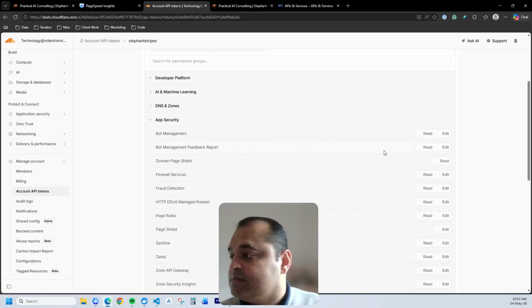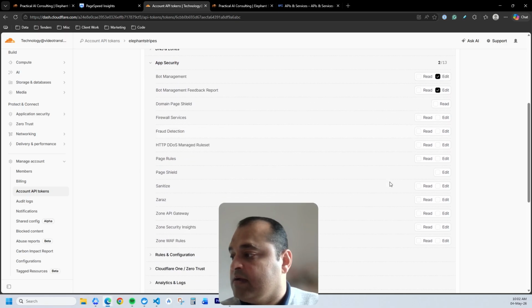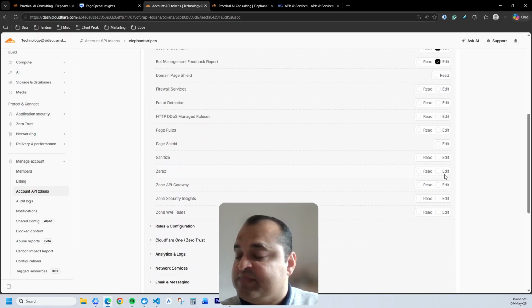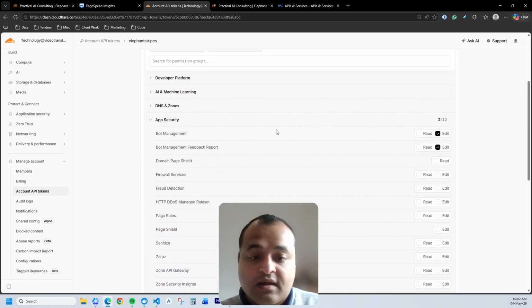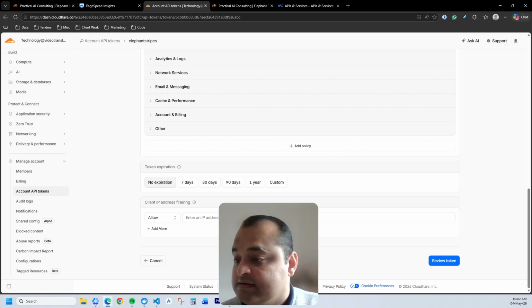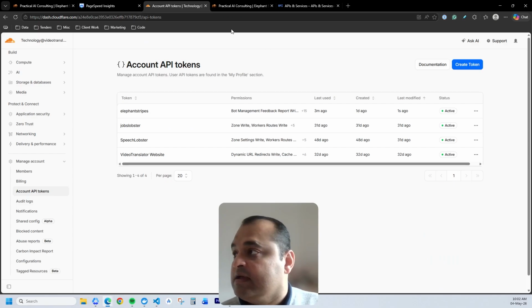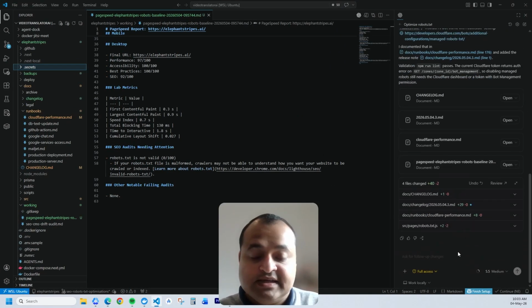Bot management. Okay, that looks good. So what I've done here is I've basically given our API key in Cloudflare access to these two things. View token, update. Okay, now that that has the permissions, I can say